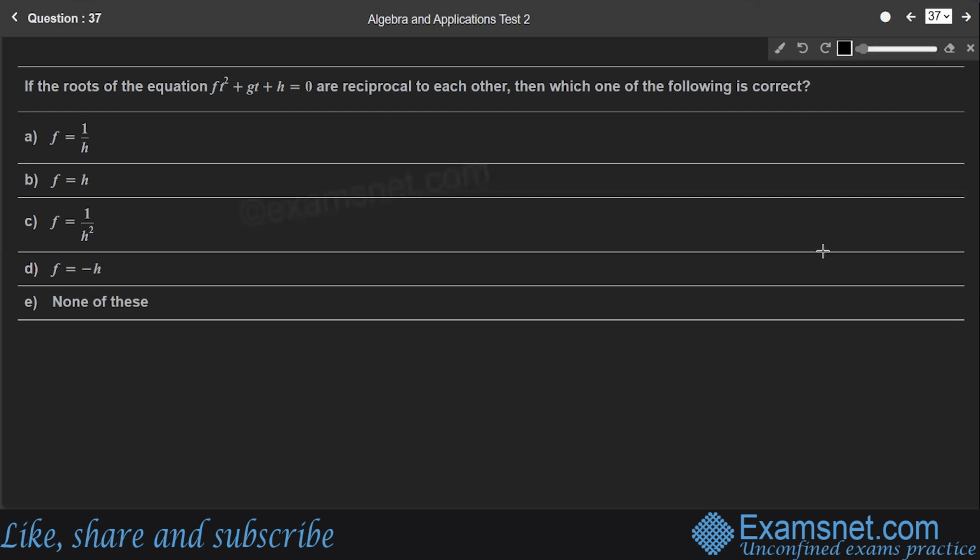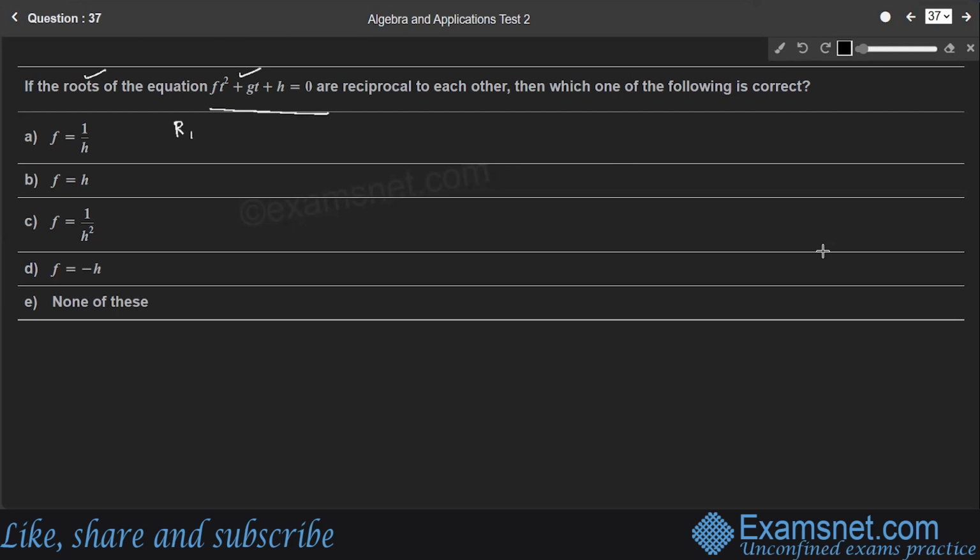Question 37. If the roots of the equation ft square plus gt plus h is equal to 0 are reciprocal to each other, then which one of the following is correct? Here, students, the given equation is a quadratic equation, right? And given that the roots of the equation are reciprocal to each other, that means if you consider R1